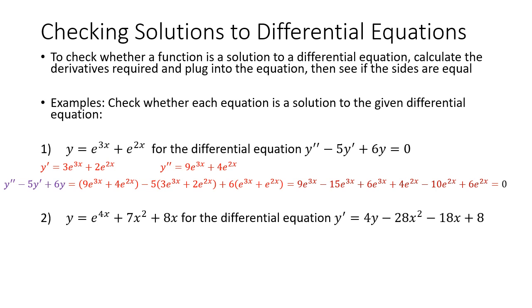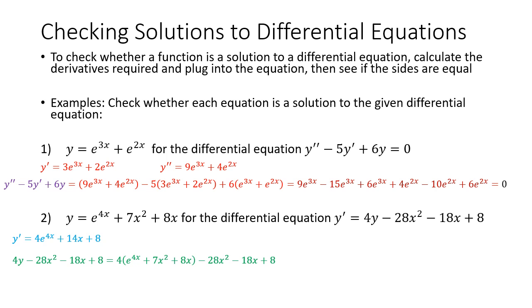Similarly, for the second problem, we have a slightly more term variety of this. We are told that y equals e to the 4x plus 7x squared plus 8x is a solution to the differential equation y prime equals 4y minus 28x squared minus 18x plus 8. First of all, taking the derivative of the function gives us 4e to the 4x plus 14x plus 8. Now, if we calculate the other side of it and take 4 times the function minus 28x squared minus 18x plus 8,